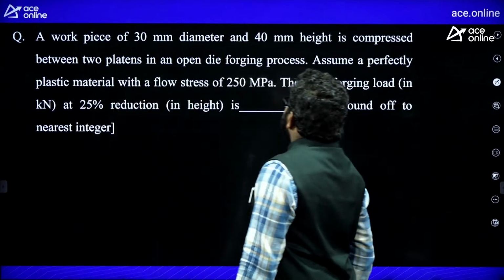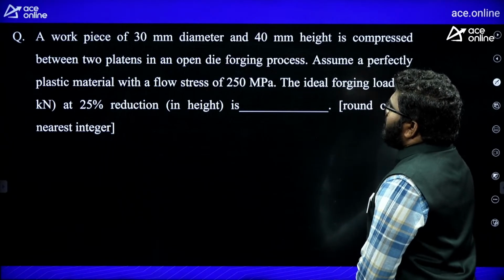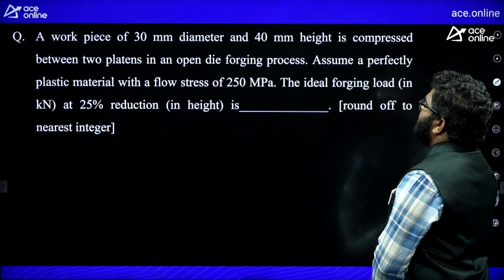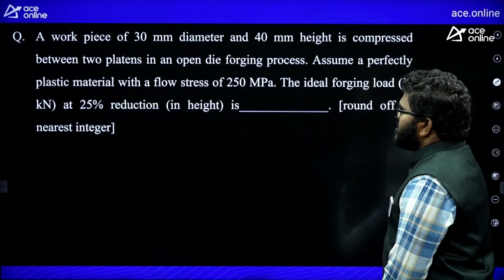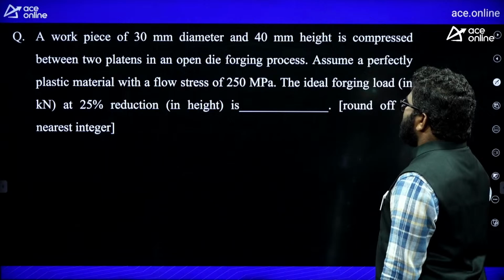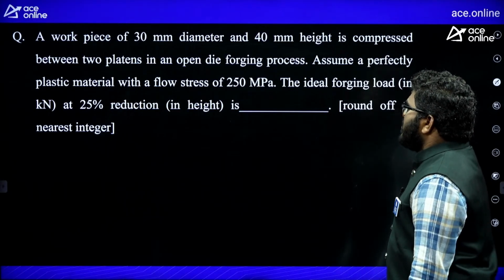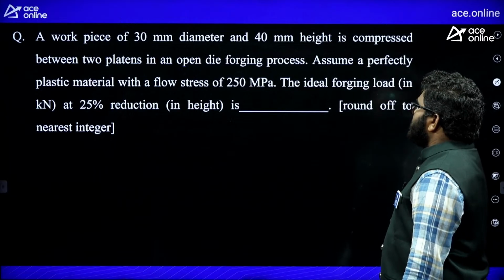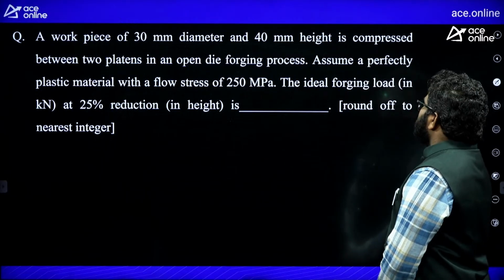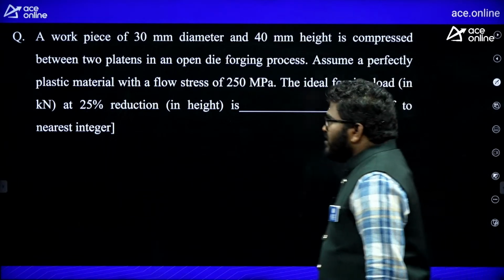Now see here, listen carefully. A workpiece of 30 mm diameter and 40 mm height is compressed between two platens in an open die forging process. Assume a perfectly plastic material with a flow stress of 250 megapascal. For the ideal forging operation, find the forging load at a 25% reduction in height. Now see here,